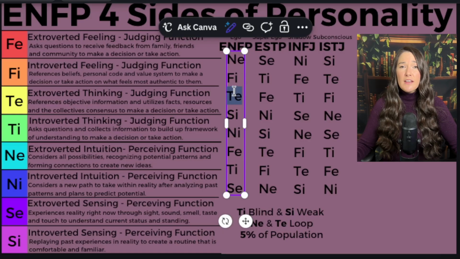So ENFP, if you feel like you're just doing the absolute most, more than your usual self, mind you, then to counteract that NeTe loop is just to vibe out with what you're actually supposed to do. 3 days a week, you're always volunteering. 3 days a week, you're always going to club meetings. 3 days a week, you're always doing XYZ. Maybe cut down to 1 or 2 times a week and give more time for whatever feels right to you.